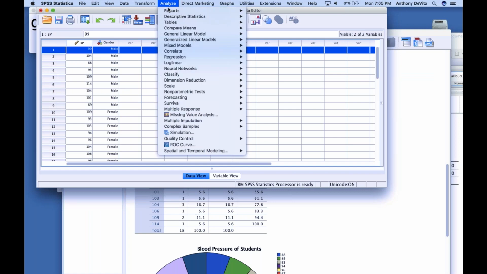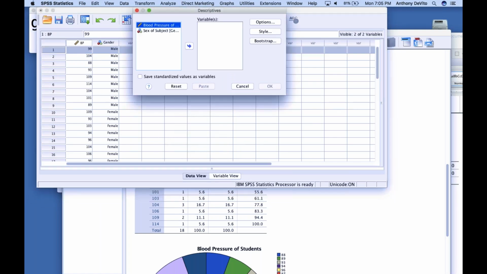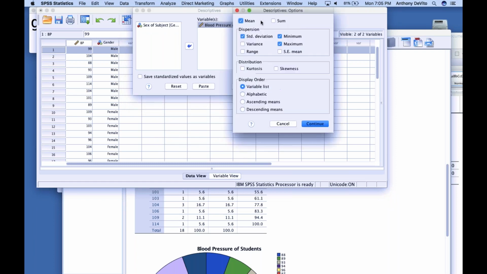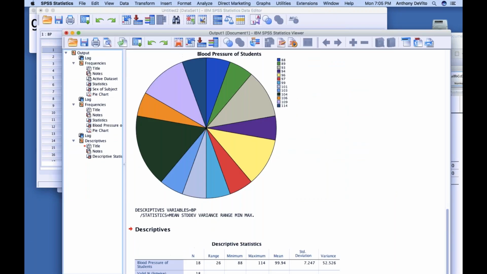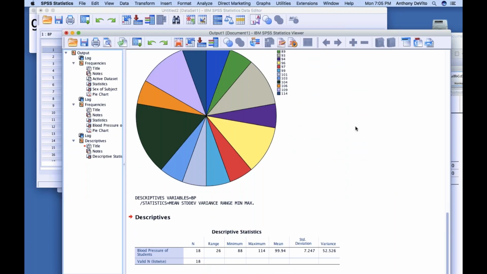Okay, so I'm going to go back again and say Analyze. I'm going to go past Frequencies, down to Descriptives. That's going to give me my descriptive statistics for a numerical variable. It's really a pared down set of statistics. Again, I'm going to move it into my variables list. I'm going to go into Options, and I can actually select what I want. Pretty limited group of options. Variance, range, I'm going to select just about everything that might be useful to me. I'm going to click Continue and click OK. Yeah, my output window comes up. Look at my pie chart, it's pretty, right? Okay, so at any rate,